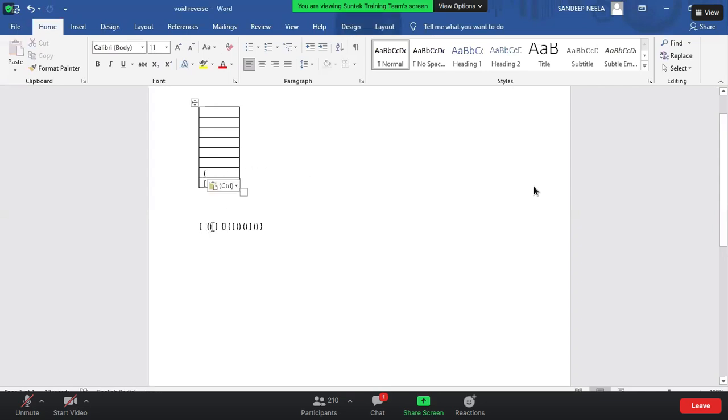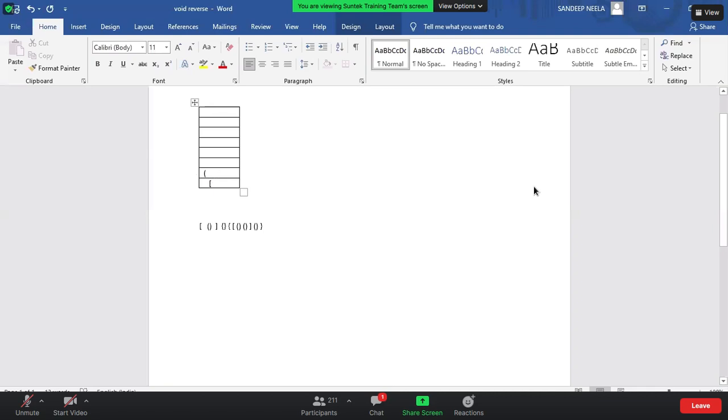Next I will again take this element. Whatever the pushed element, is it matching with the topmost element in the stack? When I see this one, it is matching with the topmost element.